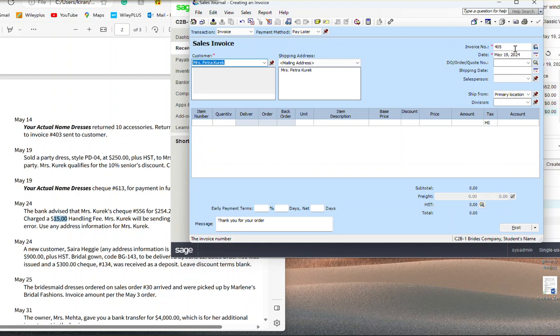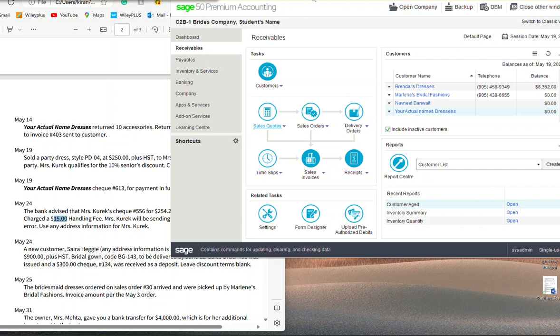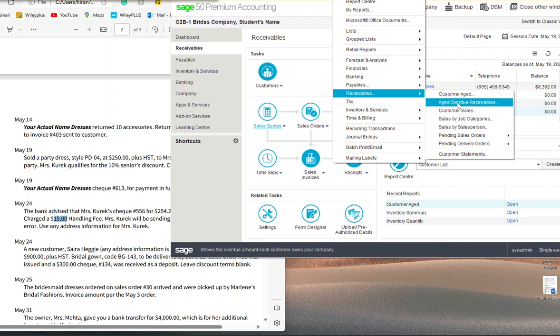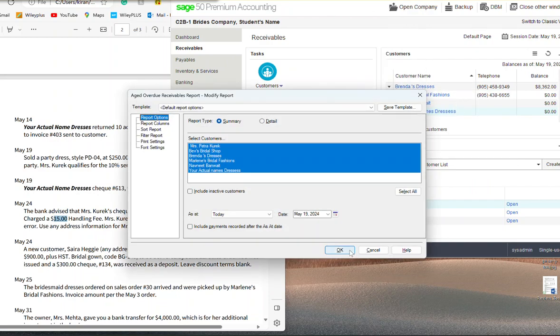That check came back unreturned. So it should be 404. That should have been the next invoice. For some reason I don't know what happened, but technically the invoice number should be 444. So I'm just going to see display if I could have made a mistake with my account when I selected